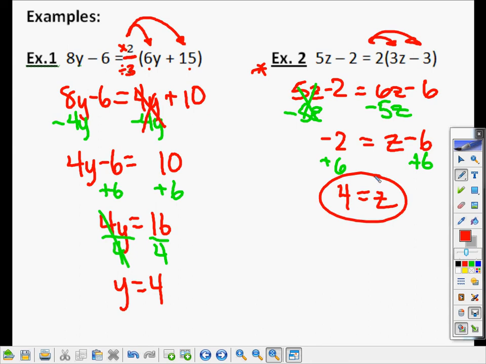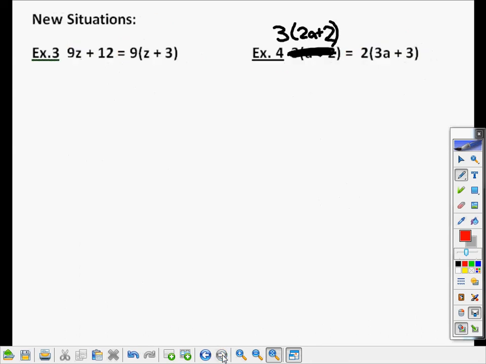We look at the other two examples that we have. Please note on example 4 over here, I actually have a typo, and I had 3 times a plus 2. I really want that to be 3 times 2a plus 2. Sorry about that. If we go through solving these and I distribute here, I'll get 9z plus 27 is equal